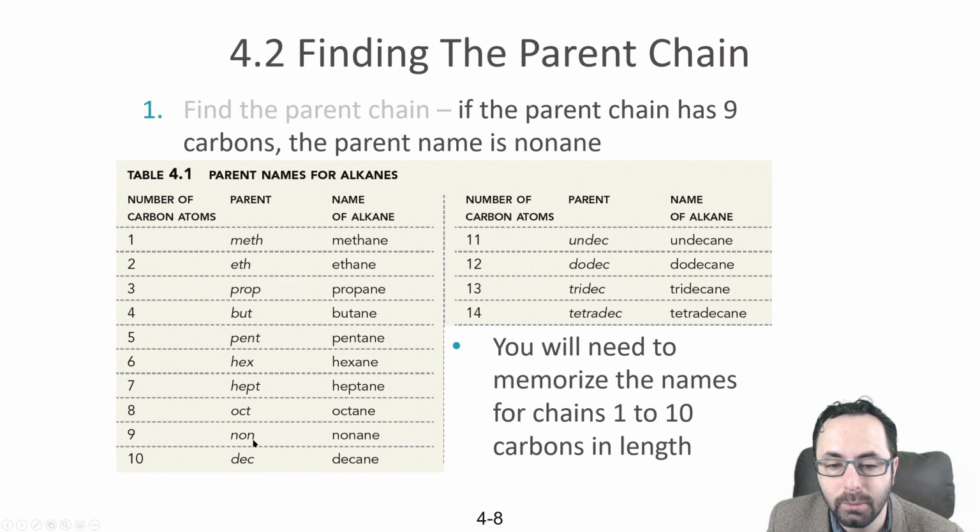So these you must memorize to do the naming, and you will memorize it probably just through the course of naming them. These ones we're not going to see as often, and I'm not going to put any with this big of a carbon chain on your exam. So it does go further in table 4.1, but this is good enough, up to 10. So if the parent chain has 9 carbons, the parent name is going to be non for 9 carbons, and ane because it's an alkane with only carbon-carbon single bonds.